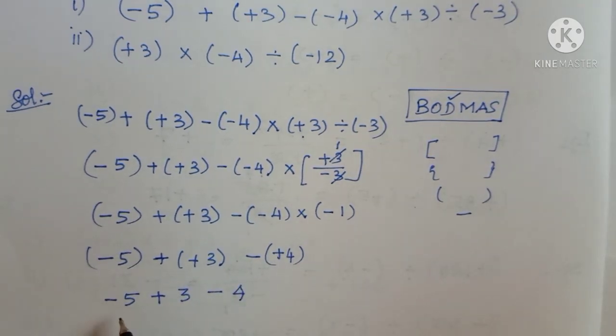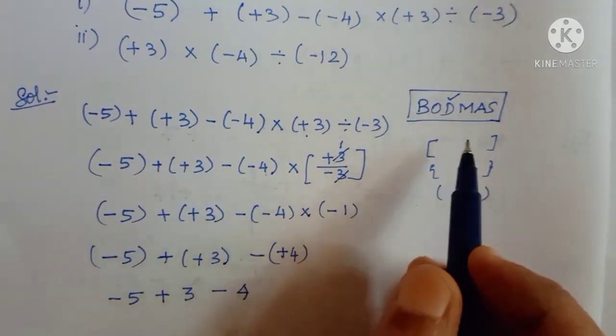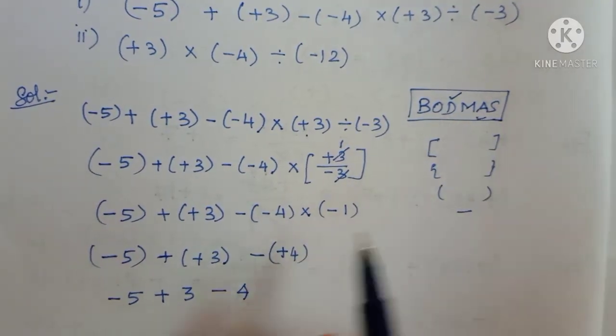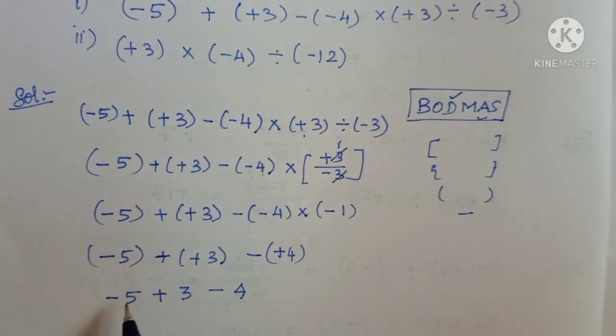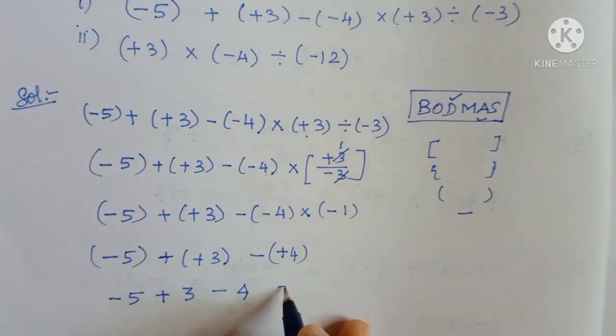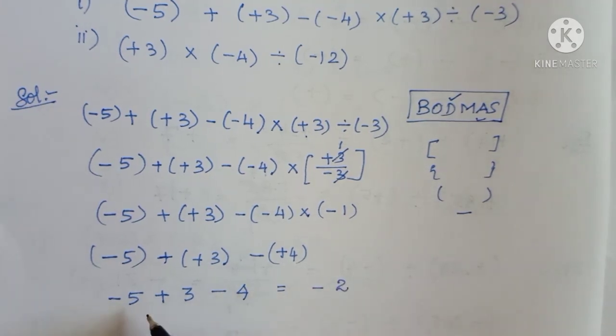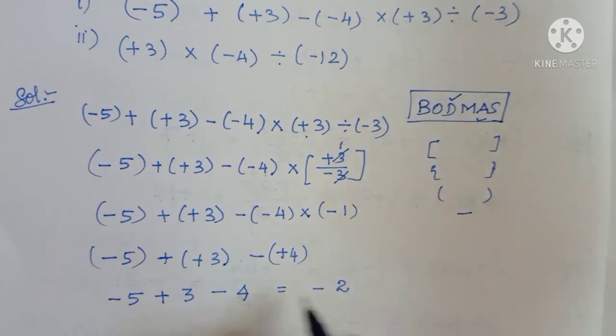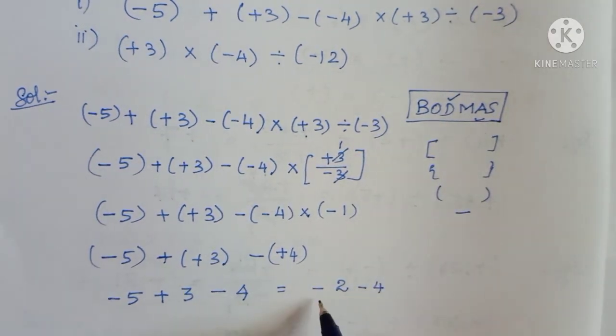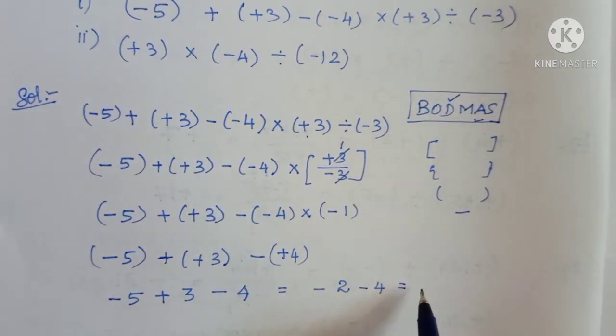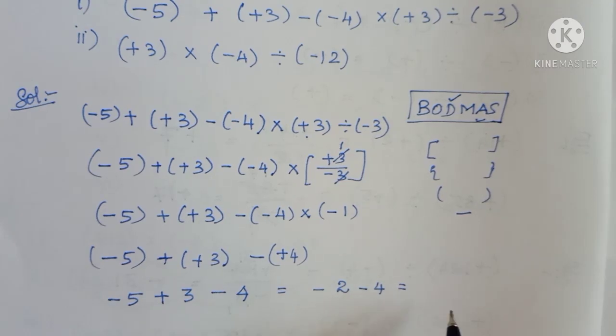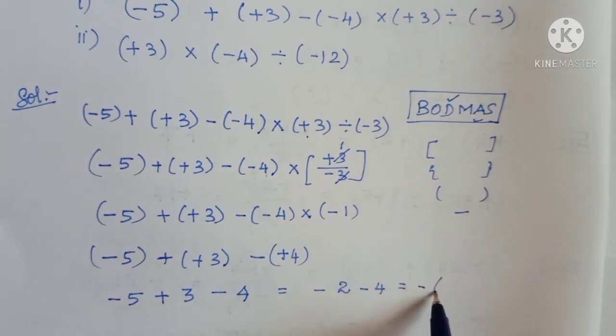Okay. Now we are going to use again this BODMAS rule. So next we are having what sign? Addition. So here plus sign only coming now. So minus 5 plus 3. So we will get one negative, one positive. So we can subtract means what you will get? Minus 2. Greater number sign minus. So this 5 only. So minus 2. This one is minus 4. So minus 2 minus 4 is equal to, now both also negative. So we can add and put the same sign, minus 6.